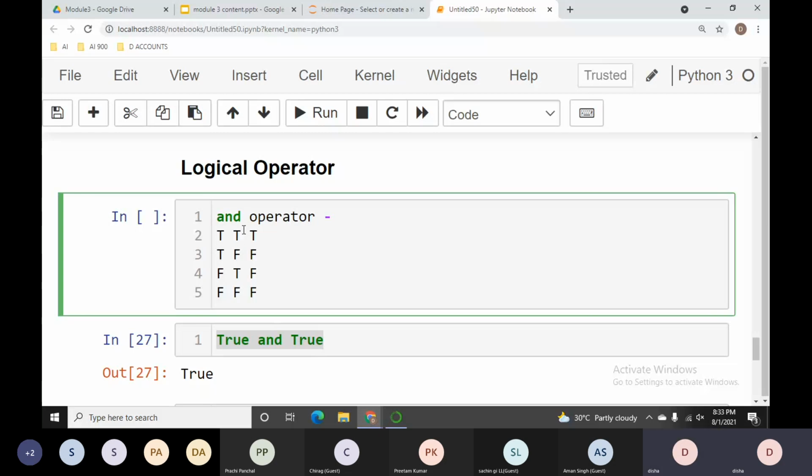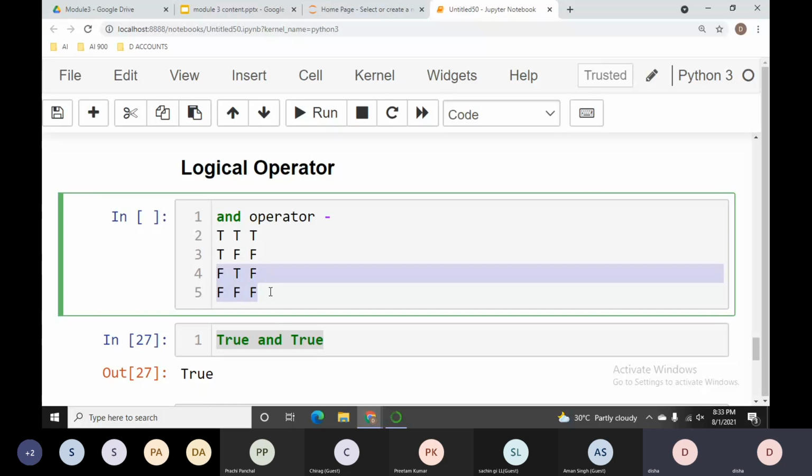I hope this is clear till now. When my first input, you can say the first value or first operand, is false, you can see it in the fourth statement and in the fifth statement. Guys, see carefully here.